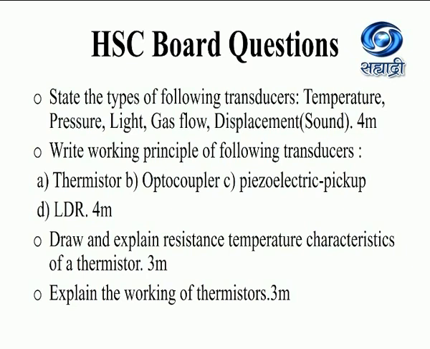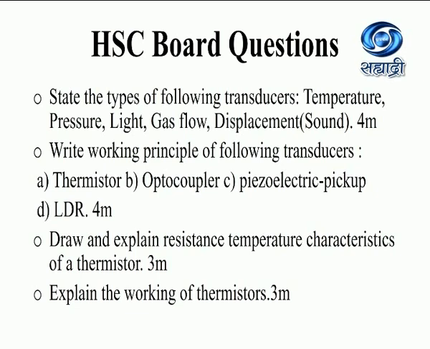So for 4 marks you have to explain this question in brief. Next question is draw and explain resistance temperature characteristics of thermistor. This question is asked for 3 marks. 1 mark is assigned for that characteristics diagram. You have to draw the NTC and PTC characteristics of thermistor, and you have to write down the explanation of how negative temperature coefficient is observed in the thermistor and how positive temperature coefficient of thermistor is observed on that graph. Then you can explain the types of thermistor in this question for 3 marks.